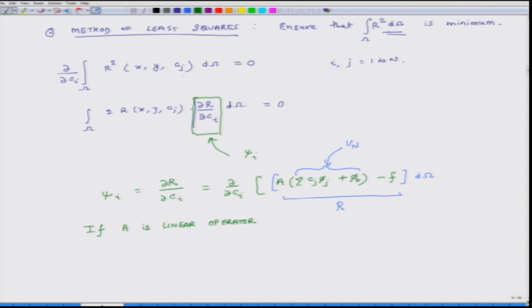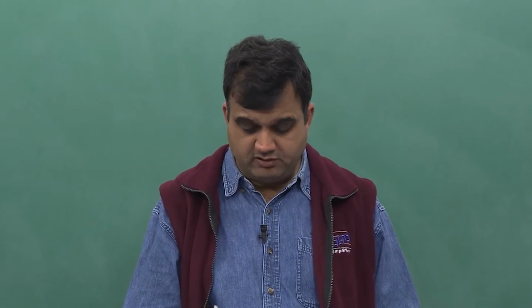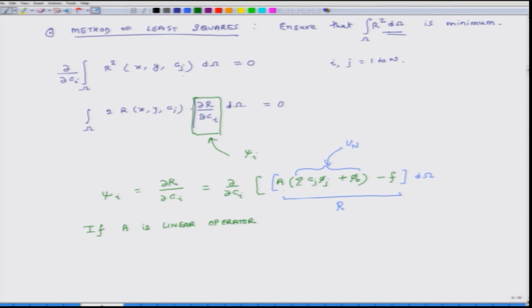Because if it is a linear operator, what does that mean? That u will not come as square or cubic terms in the equation. It will only come in when its power is 1. If its power is 1, then the power of Cj will never be more than 1. It will always be identically 1. So, if A is a linear operator, then